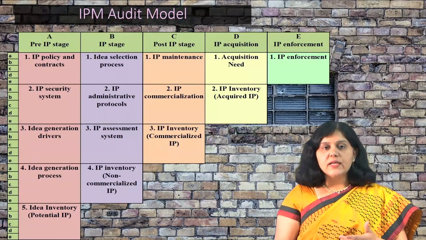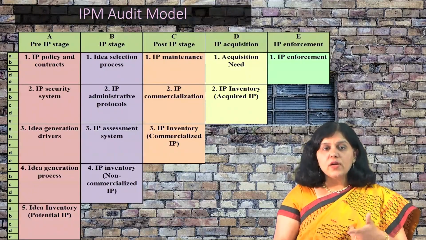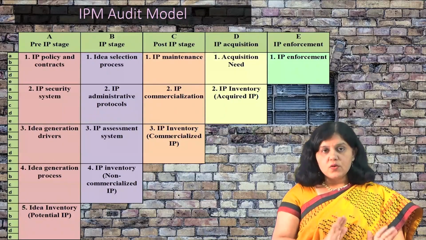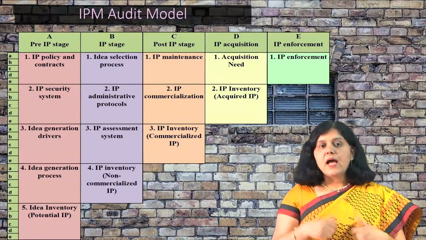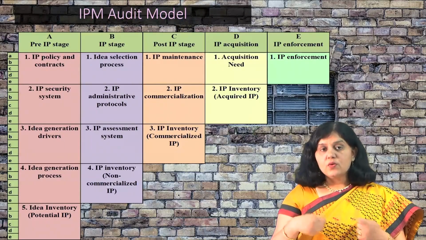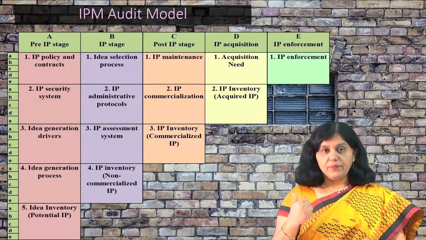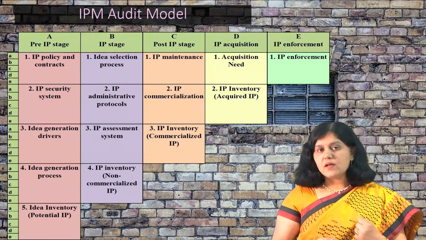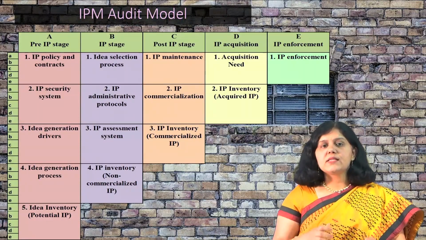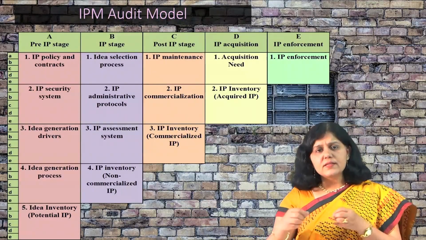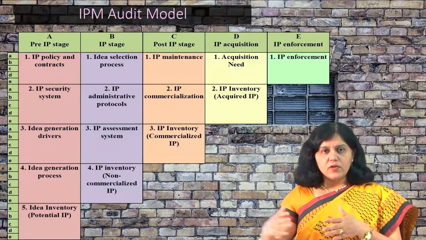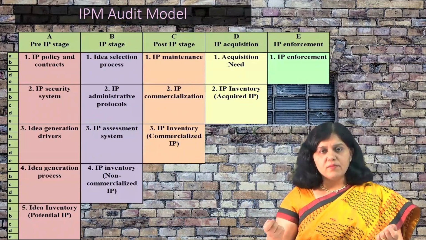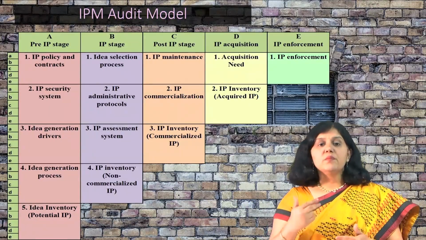Here you are getting 4 inventories and these 15 IPM processes, and slowly you can apply this whole model and create metrics. Obviously you can also do a self assessment using this model. For that you can create parameters based on the activities, and at the end of the year you can assess whether each was done in a particular way or not. You can give marks on a scale of 1 to 5, and then try to improve further.